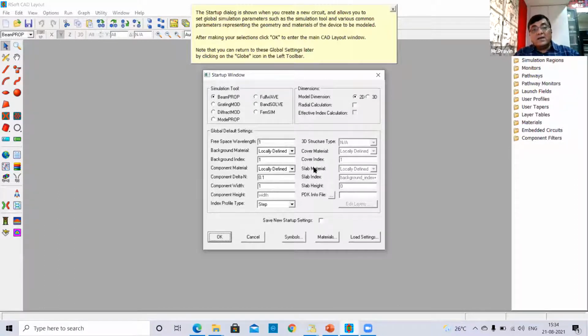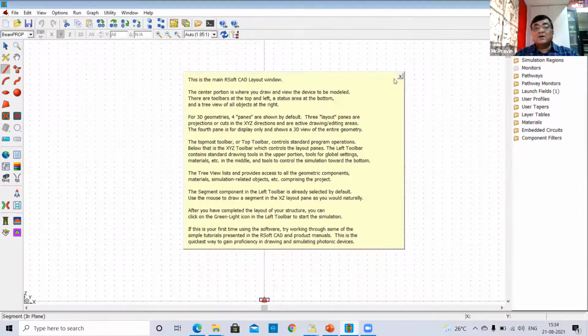If you have not defined any parameter for any segment, these parameters will be used, and also will be used for the background. Here you can select what kind of simulation tool you want to use, what is the dimension of your structure, what is the free space wavelength you want to use, and the refractive index and different component width and height and so on.